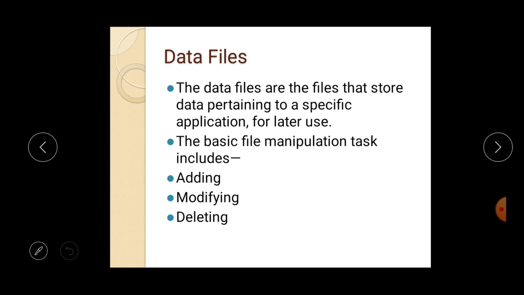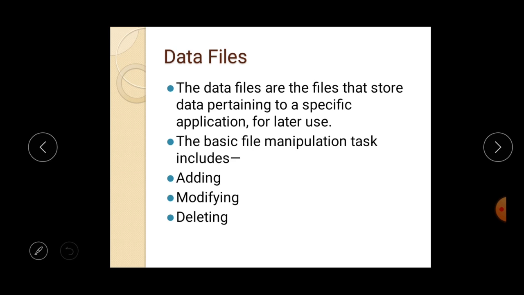We were simply creating a file in MS Word, in MS Excel, and creating presentations. We are creating different types of files in the computer system. So simply we can say that a file is a type of storage location that can store information or data in any storage device.